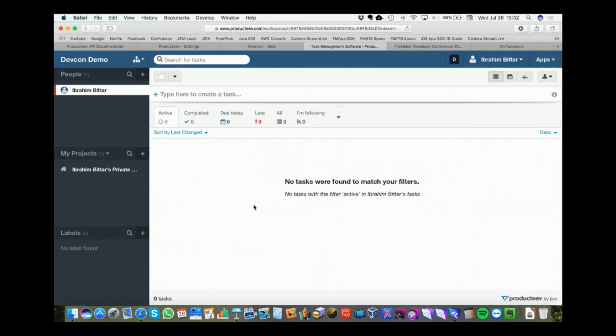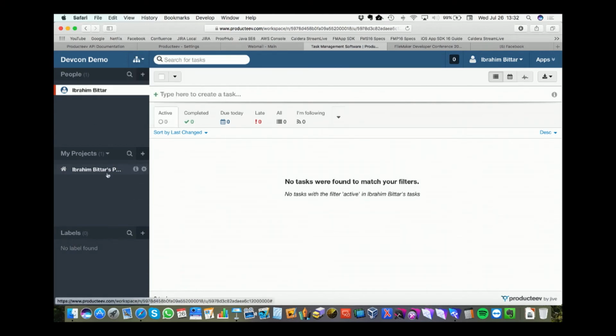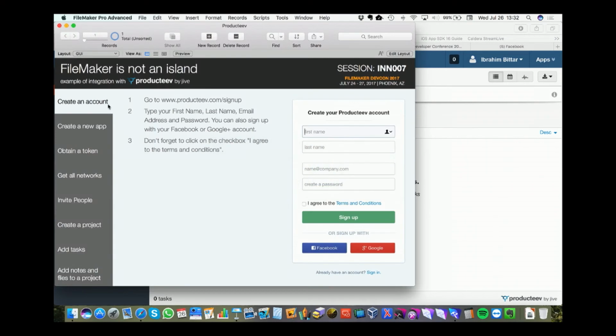Now we can create projects in here. We have a concept called networks, which we use to create groups of people inside our organization. And you can create projects, and inside those projects, we can create tasks. These tasks can be in process or done or waiting to be done. So what we do, we create an account here. If we go to our FileMaker solution, our first step is to go to this URL and create a Productive account,